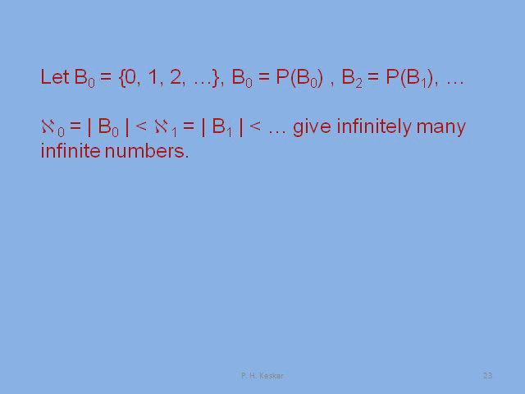So this notation is called Aleph naught, from the Hebrew alphabet, Aleph. Aleph naught is the number of elements in B0, which is strictly less than the number of elements in B1, that is Aleph 1. And you can keep on doing this, and then you get infinitely many infinite numbers. So not only do you have infinitely many numbers, but you have infinitely many infinite numbers. Are they all? That's